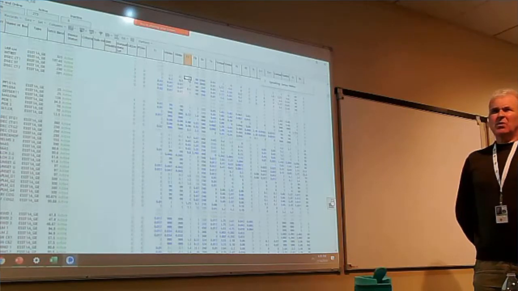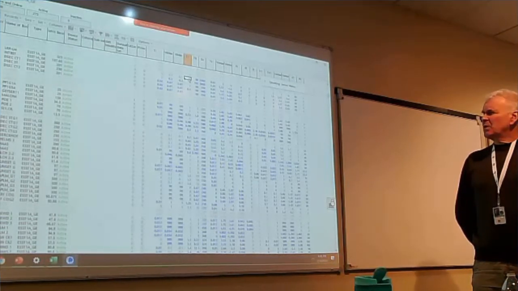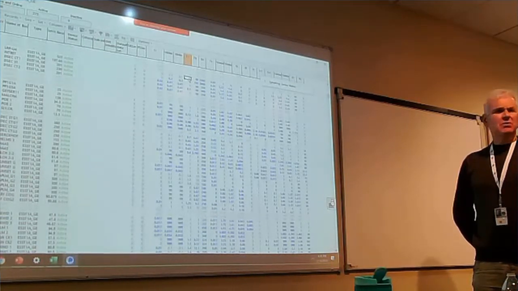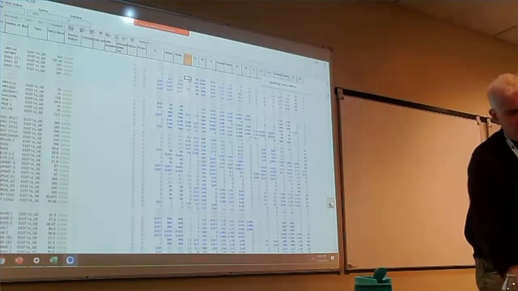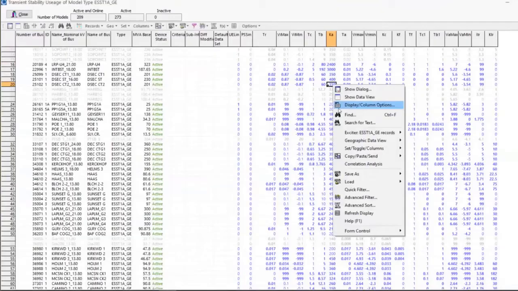Some of them with the WECC data check thing will pick some of those up. Yeah, when we validate a case, we do some checking on it. But very little. Not very much. I mean, if I wanted to look and say, here's this KA value,